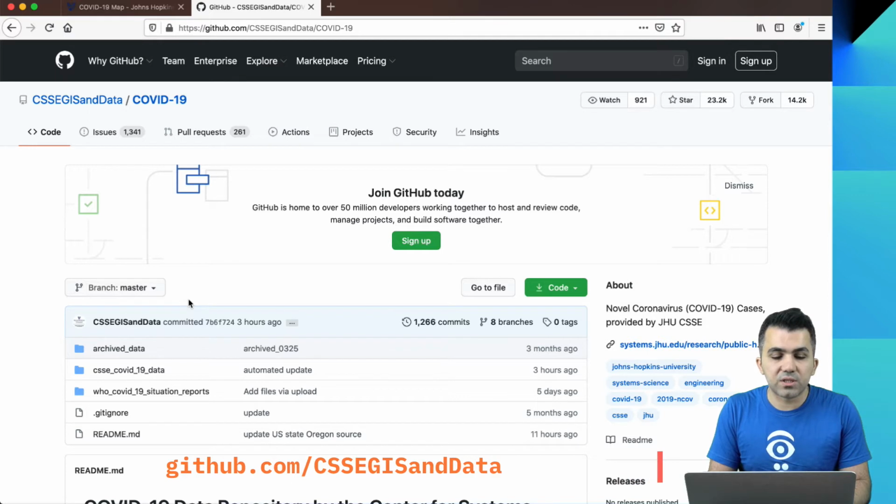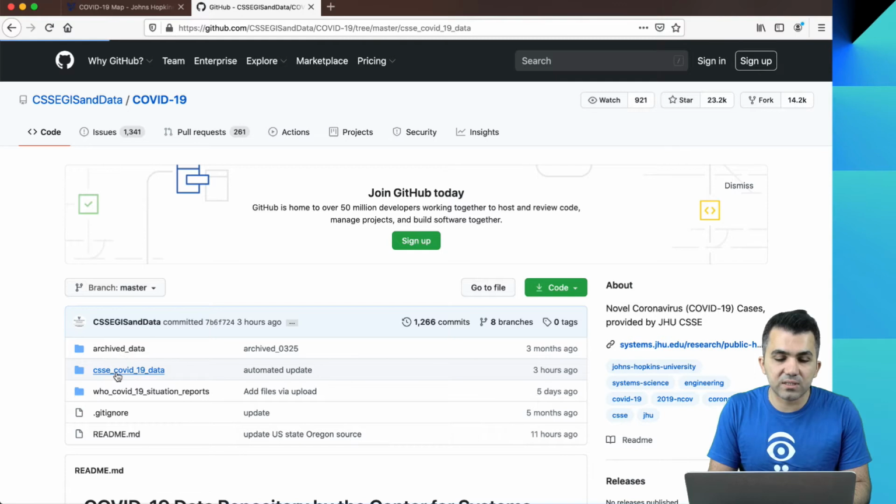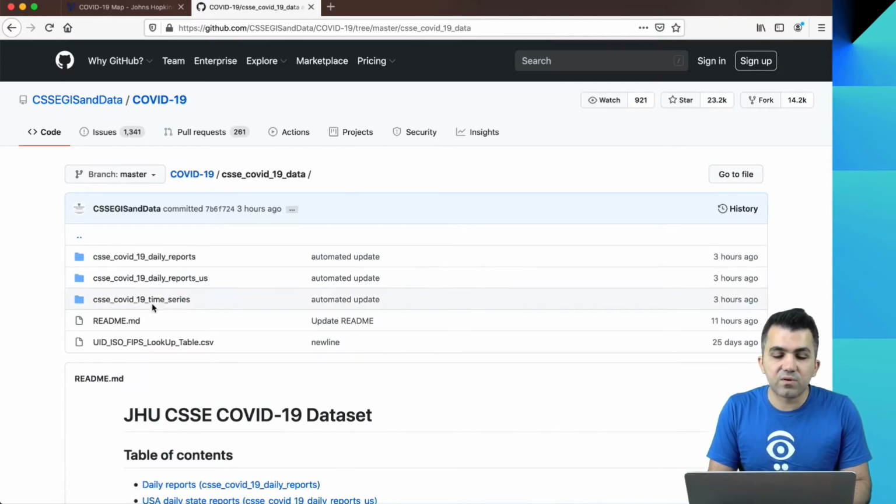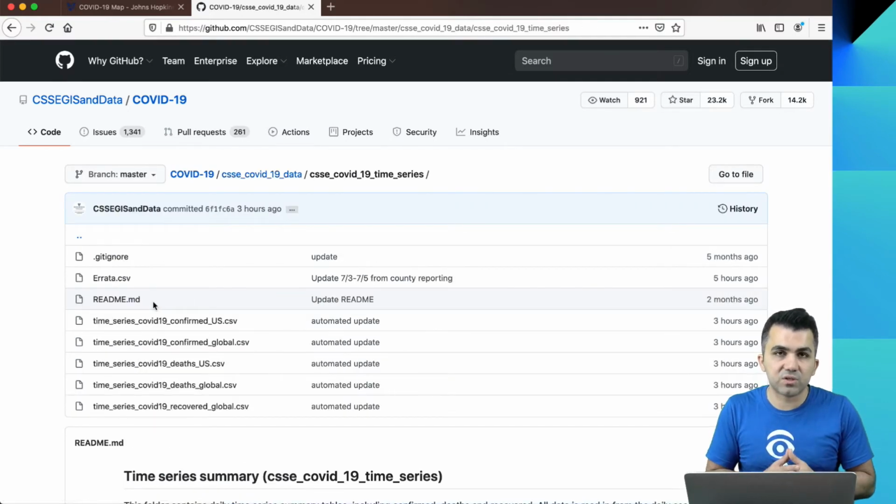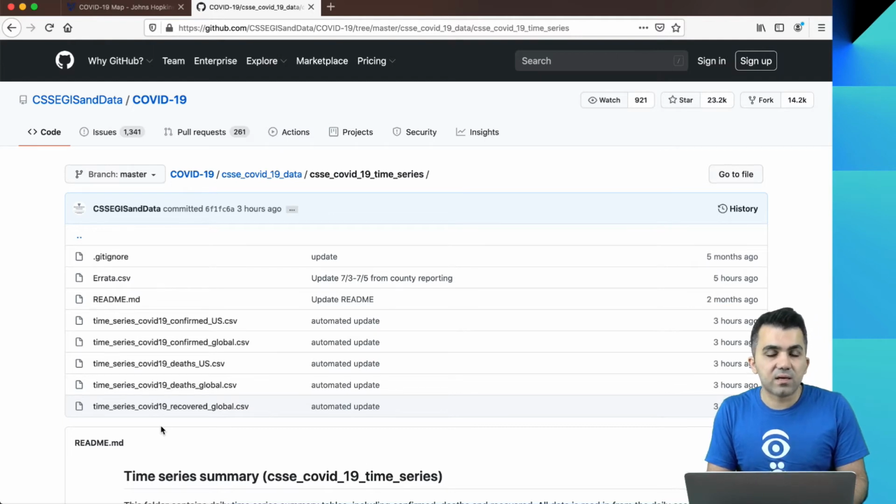Once you go into their GitHub repo, we've got different folders. The ones that we're going to look at is COVID-19 data, CSSE COVID-19 data. Once you go in there, you've got time series data. That's exactly what we are interested in. Those are live data, getting updated every 5 to 9 hours, as you can see here. They've got a specific one for global cases, confirmed cases, and US confirmed cases, and also death cases in the US and death cases globally.